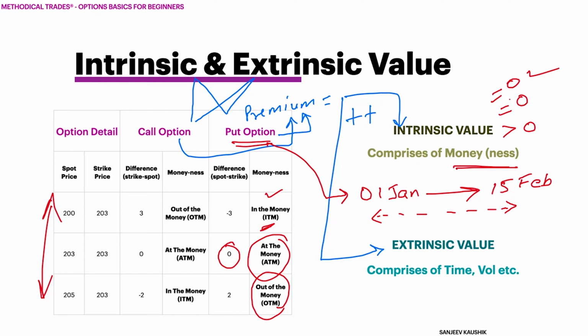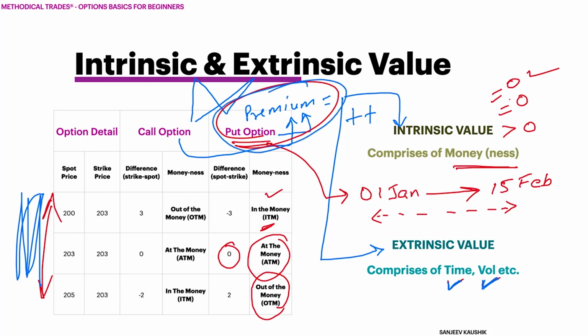Therefore, when it comes to pricing this option, you would add some premium amount for the time that is left in the expiry of this option and the volatility associated with it. Because the prices can keep fluctuating, so of course, the volatility aspect would also need to be added to the